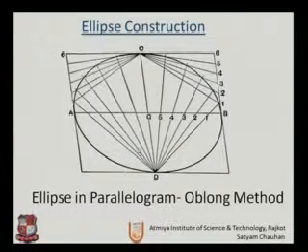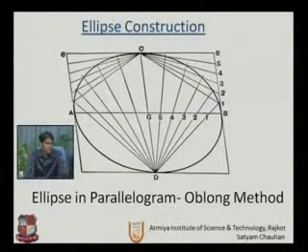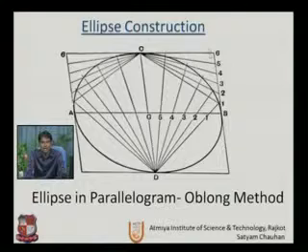So we have to take the first point and divide this parallelogram at the middle points. So we get the middle points C and D, and our major axis A and B by the given dimensions. Let's take half of this parallelogram and divide it into 6 equal parts. Again, you can take any number you want. The more parts you take, the more accurate a shape we will get. So in this problem we are dividing into 6 parts.